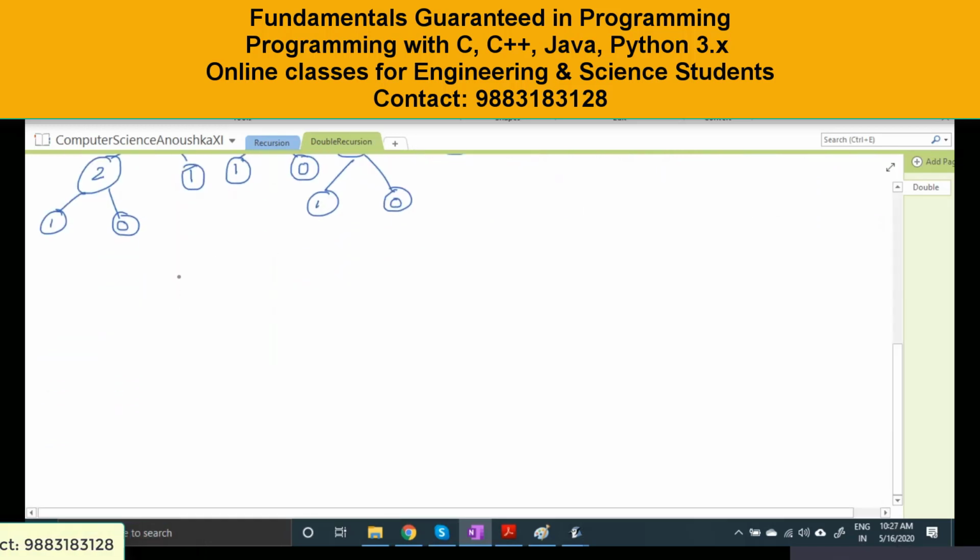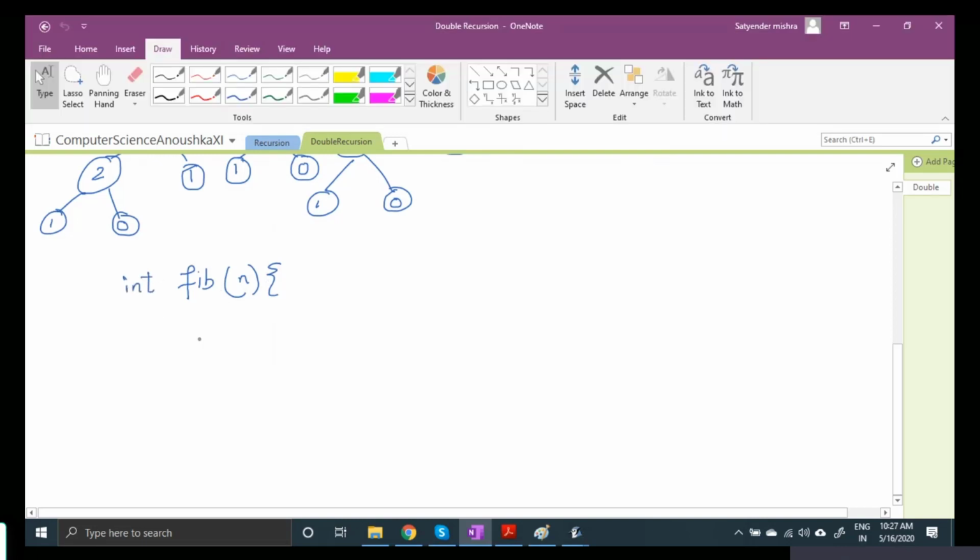So it will be fib of n. I'm just writing roughly; when I write it in BlueJ, I will write it properly. So it will return one integer value, so I'm writing int here. Then I'm writing if n is less than or equal to 1.